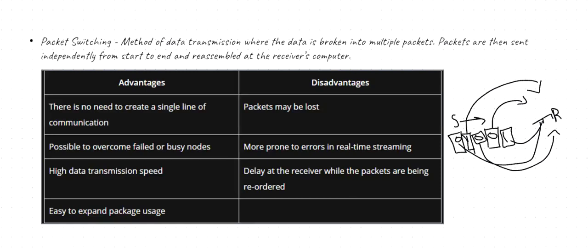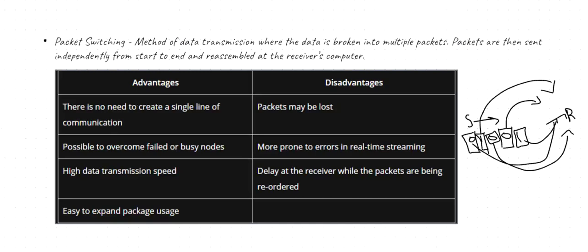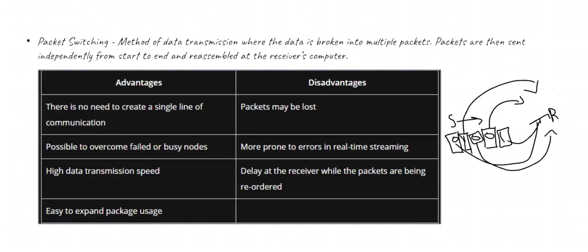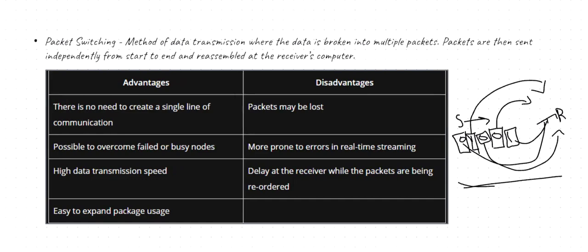Okay, so now we know what packet switching is. Now we're going to study the advantages first. There's no need to create a single line of communication. I don't need to create a line of communication where all bits have to be sent over it. It can take multiple routes. So we're done with this. The second one is